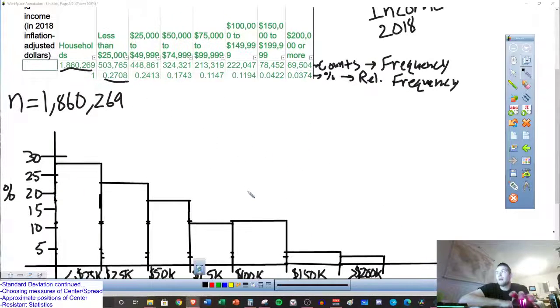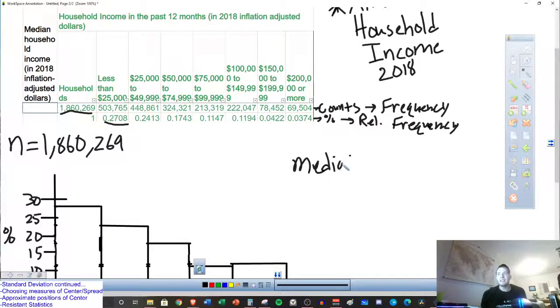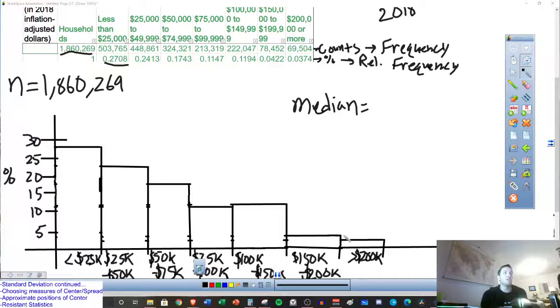Now, you'll notice here that I left this blank, this median household income, 2018 income. There was a reason I did that, because I want us to try to predict what that value is before I show it. It is possible to get pretty close to the actual median value in here. So where would that median be? We've talked about finding the center of a distribution. Where's that balancing point for the distribution? And if you're thinking about that,